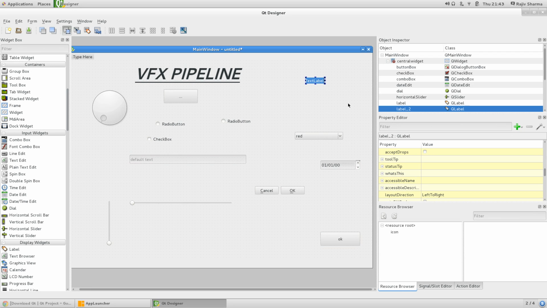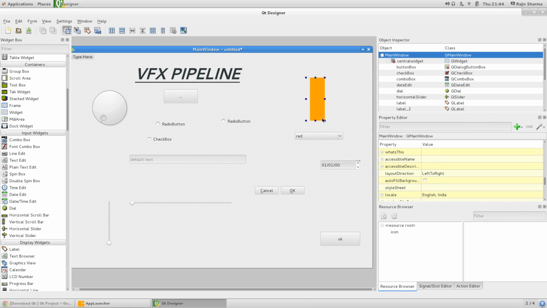and for this label we don't want text. We want an image. So you can go to properties, and in properties you can see this pixmap, and in this pixmap you can choose resource. You can choose file also, but once you go to Python and create the application, then you might have a lot of issues with your graphics not being visible properly. So it's a good idea to create a qrc file, and later I'll show you how we can use Python modules, the pyuic file to create the UI, and the pyrcc file to create the icon file. First just choose resource icon, hit this and okay, and you can see that our image comes here,